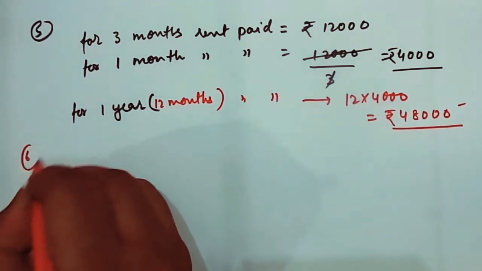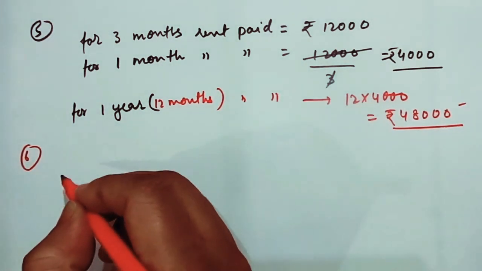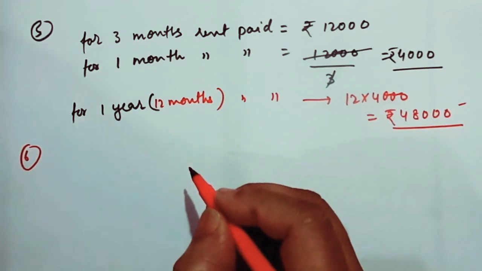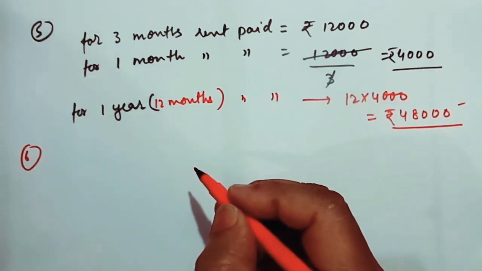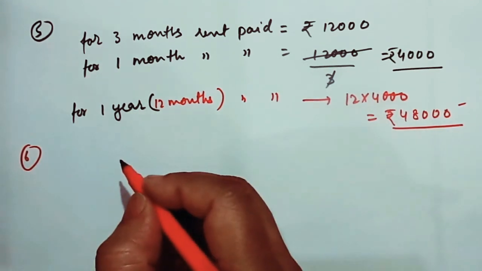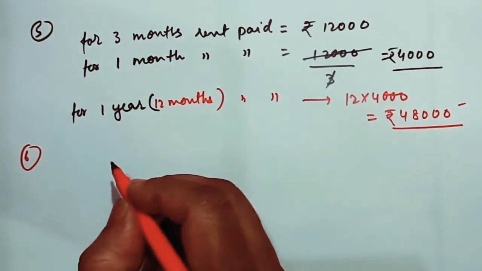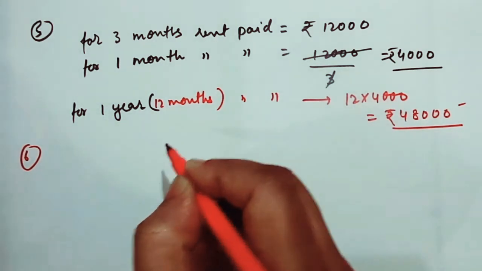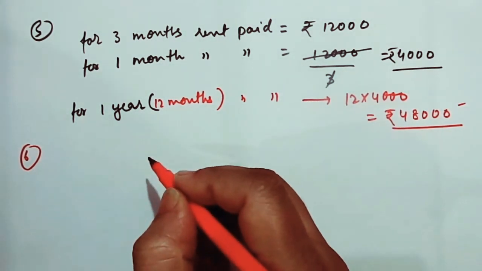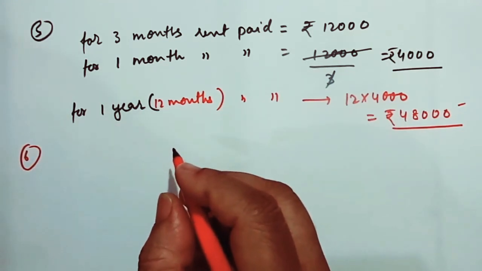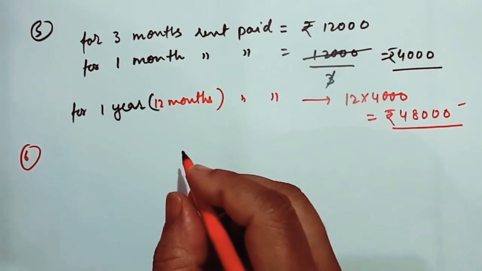A truck requires 108 liters of diesel for covering a distance of 1188 kilometers. See, they have not used petrol because a truck generally runs on diesel. So these are the little things that we should learn while solving the sums. So the truck requires 108 liters of diesel for covering 1188 kilometers.